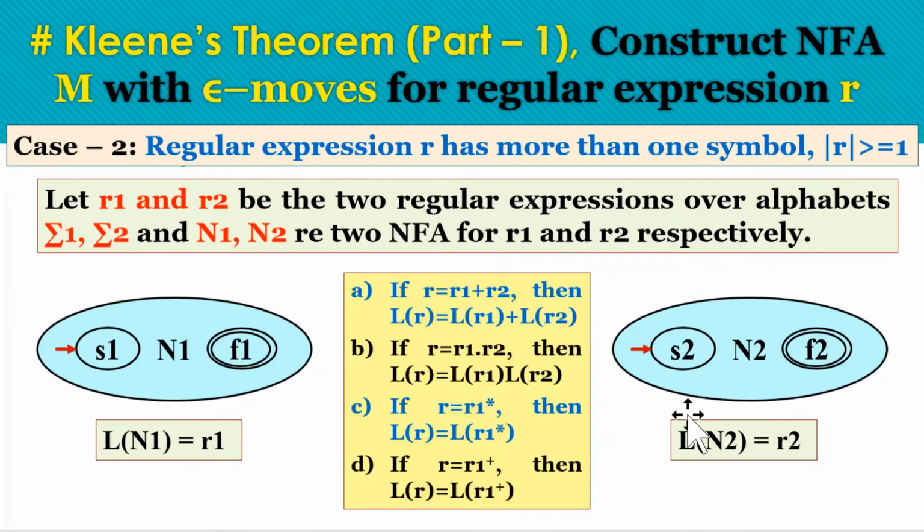Next we have to prove all these four identities for the case 2 that we have already covered. So we have to prove these identities for union, for concatenation, for Kleene closure, and for positive closure. Starting with the theorem, it is very easy. We just need to construct two separate machines as we have already done with N1 and N2. Now we have to perform union for the first identity, then concatenation, Kleene closure and positive closure. So let's start with the proof of case 2.